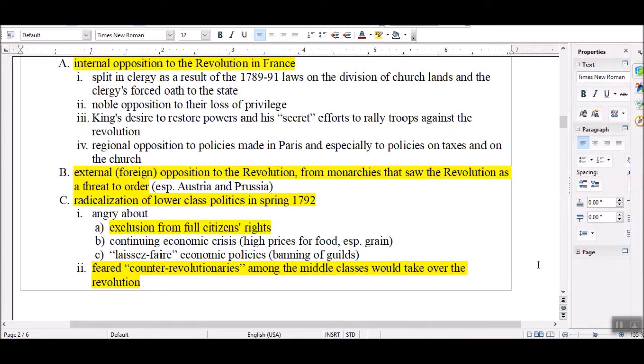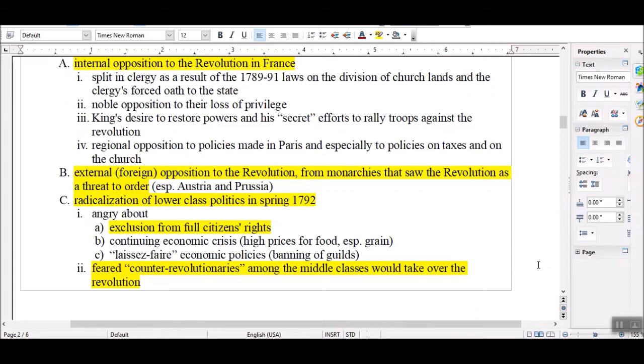There's also going to be kind of local opposition to policies made in Paris. Basically, other cities around France that don't like what's coming out of Paris, and so they're against whatever Paris is doing, but they're cool with their neighbors. So this would be something along the lines of Washington, D.C. sends out something that says, hey, you got to do this thing, and the state of Texas says, not really thrilled with that. It happens. They are especially going to have problems with taxing and how Paris is treating the church. So all of that is going on within France.